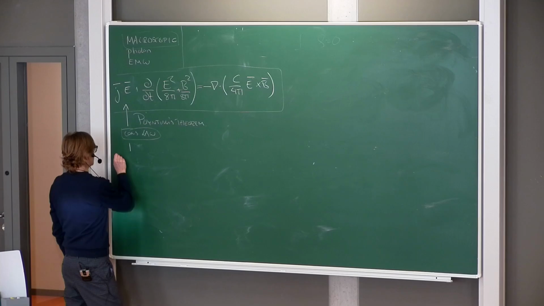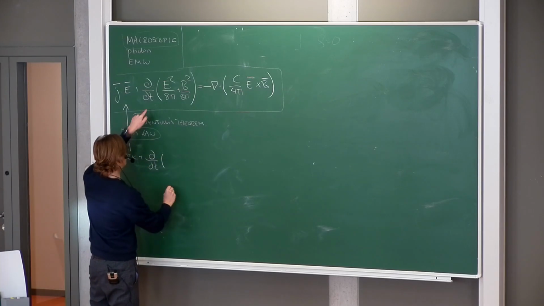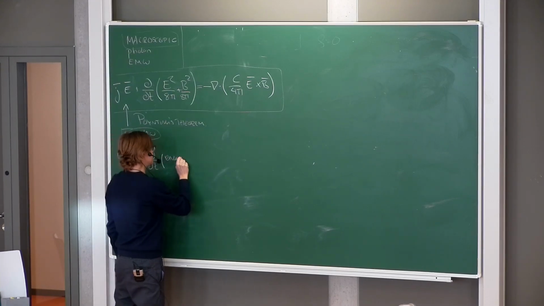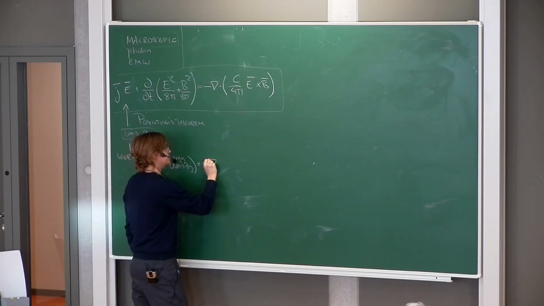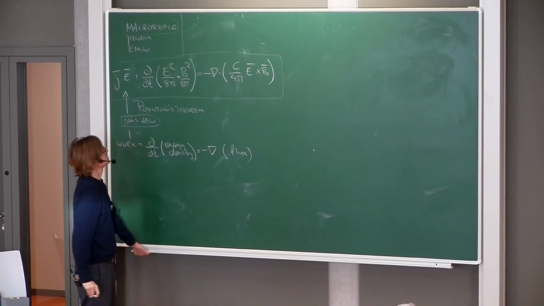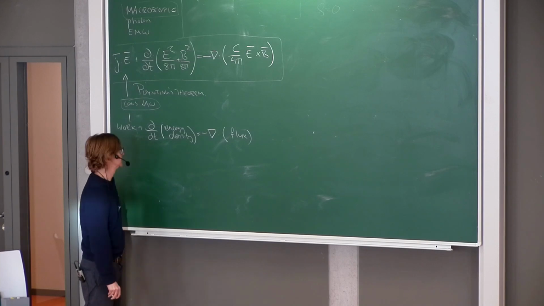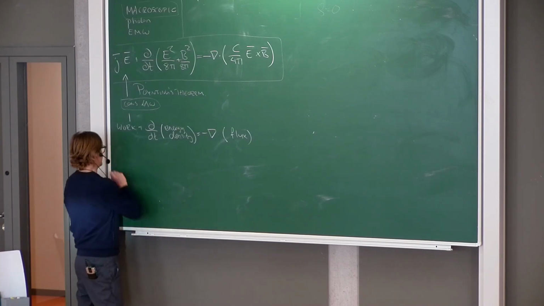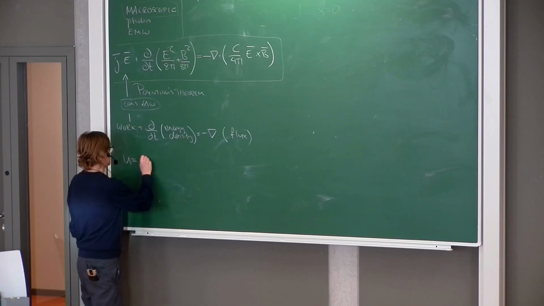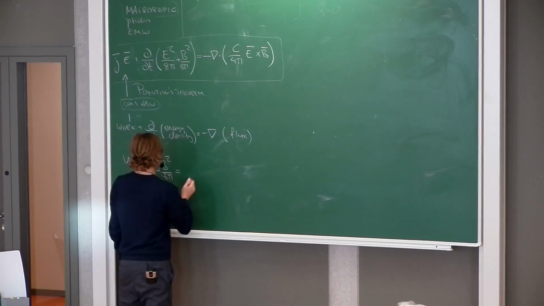So in this case, we have the work term here, and then we have plus d dt of an energy density equals negative the divergence of a flux. So this is how we can identify the energy density of the electromagnetic field as u equals E squared over 8 pi plus B squared over 8 pi,